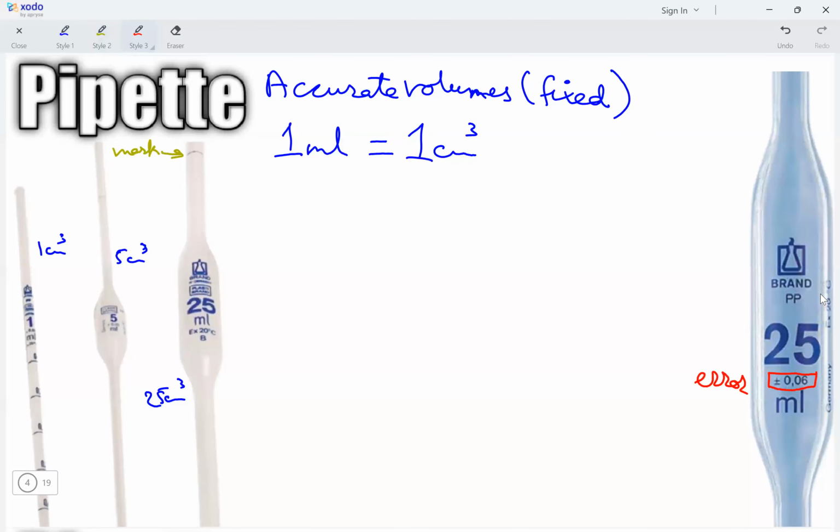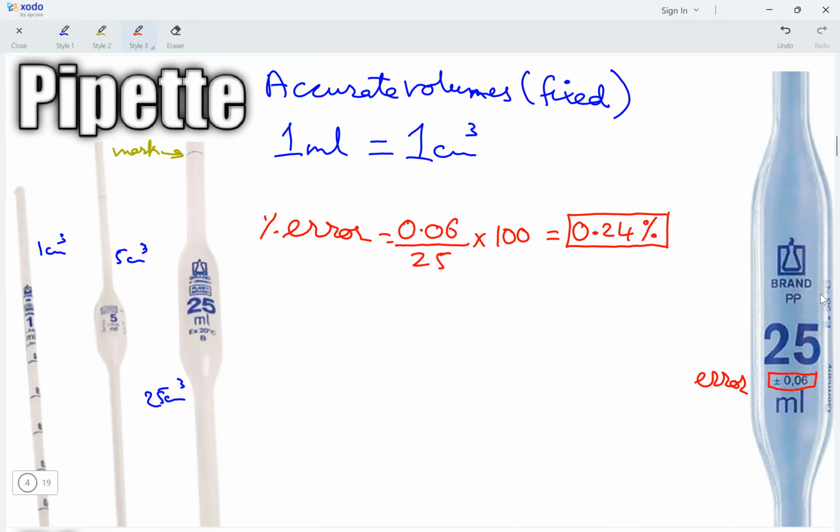So when we measure 25 cm cube of a solution using a pipette, we can calculate its percentage error by dividing 0.06, which is its error, by the volume taken, 25, and multiplying this ratio by 100. This gives us an error percent of 0.24%,